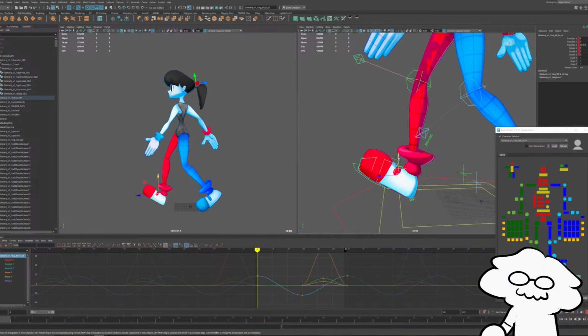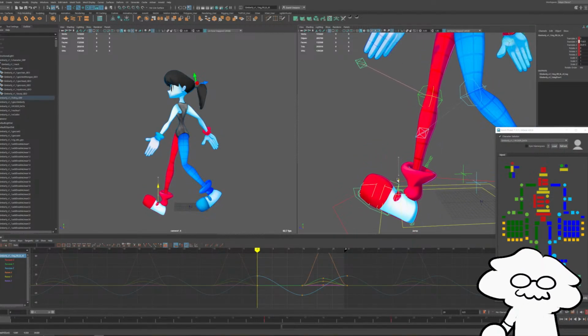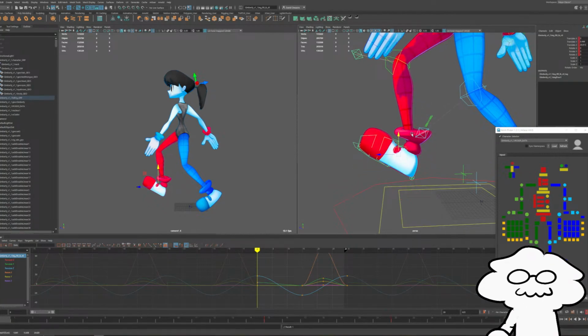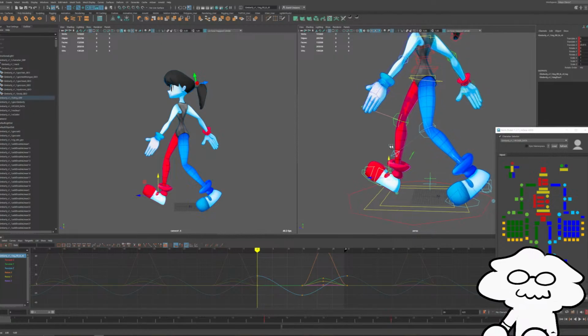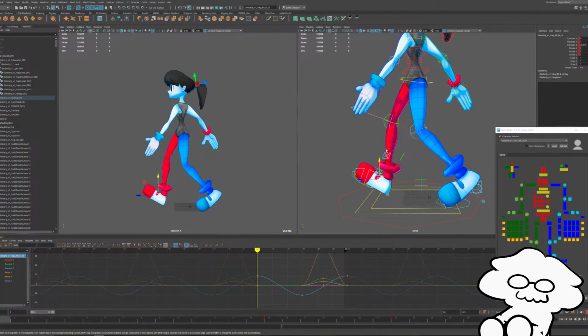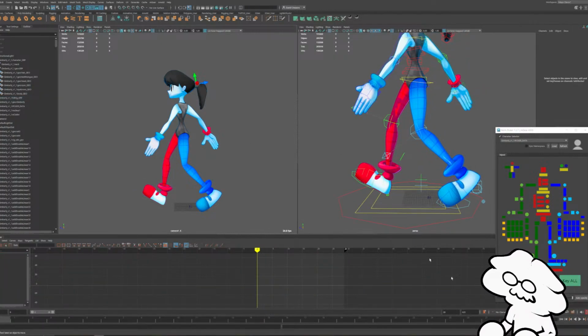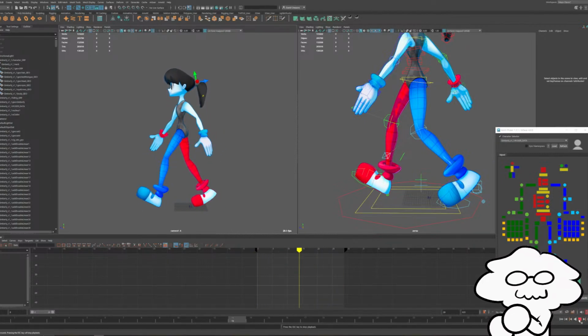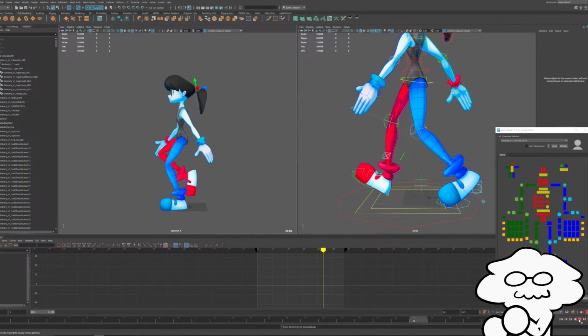And we now stretch the leg up. There's no more of that IK pop. So it's a much more natural sort of leg extension than before. So if I were to keep going like that, then you don't have the character's legs constantly bouncing.